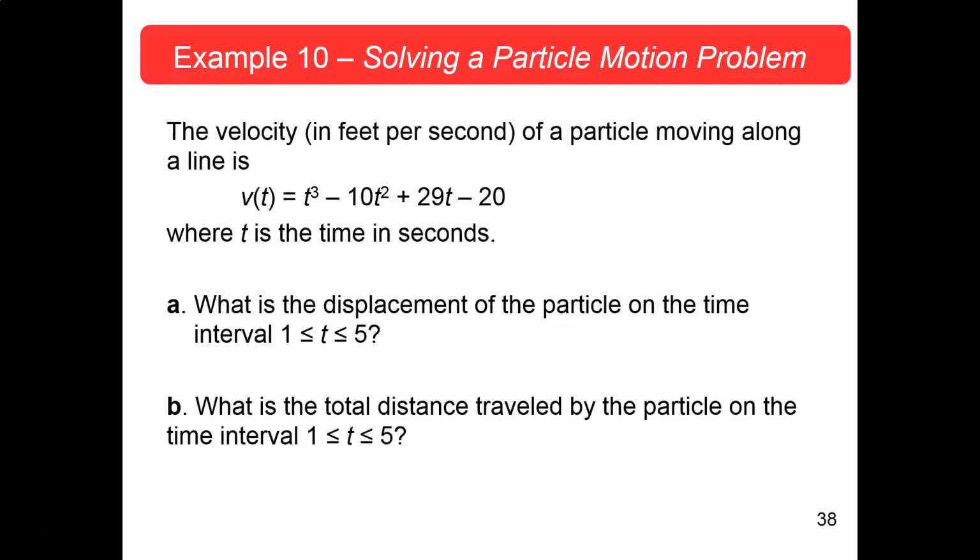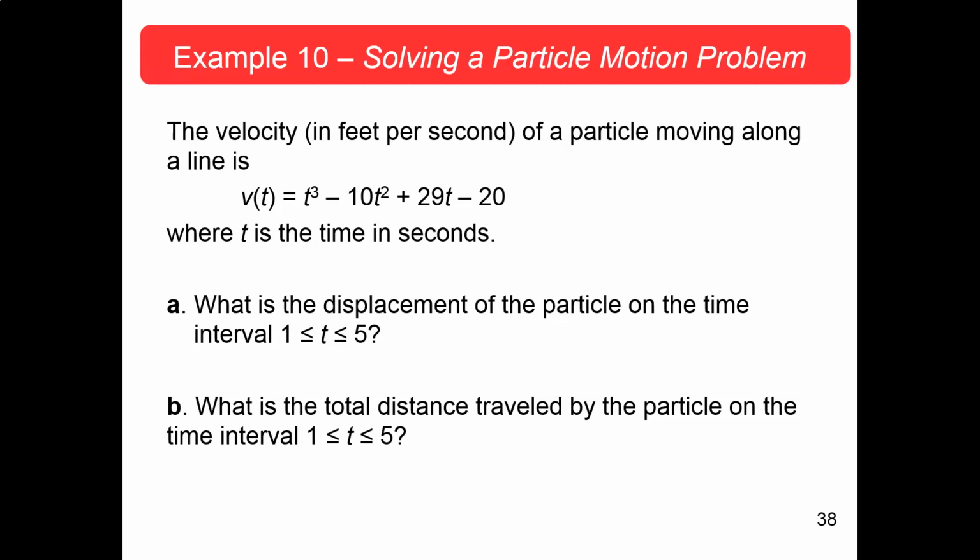Because v of t is ds/dt, you're integrating that from 1 to 5 seconds, and that gives you s, the total displacement. However, that doesn't necessarily give you the total distance traveled, because in that time frame, and we looked at this and found out it started, I think, going positive and then went negative and then positive again. No, didn't go positive again, but it went back to 0. Therefore, for the total distance traveled, a positive displacement would be going this way, then a negative displacement here, and then back here. Hey, that's going a greater distance than just its final displacement.